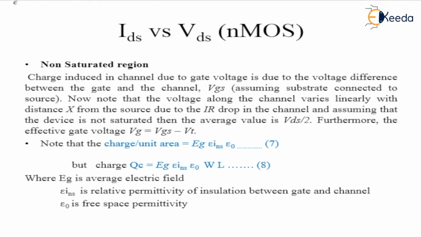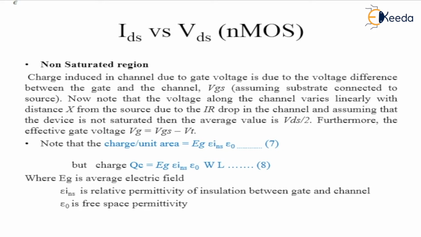Why are we increasing VGS greater than threshold voltage? It means to exist a channel between source and drain, VGS should be greater than VT. That is the first point for the non-saturated condition. And the second point is VDS should be less than or equal to VGS minus VT. That is the second condition. So in non-saturated region mode of operation, two voltage conditions should be considered.